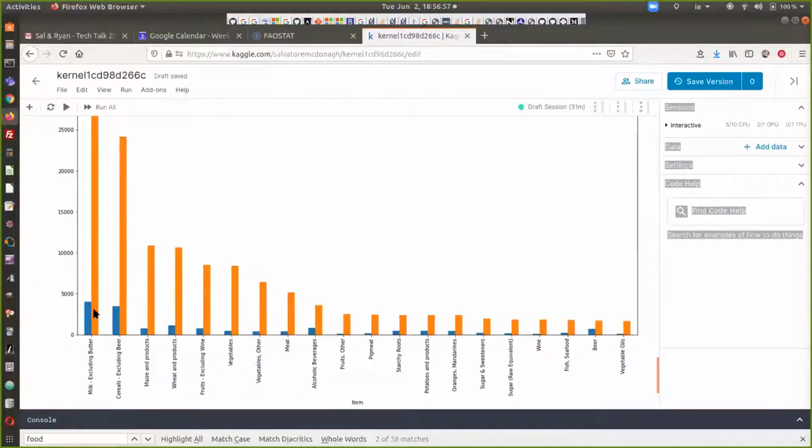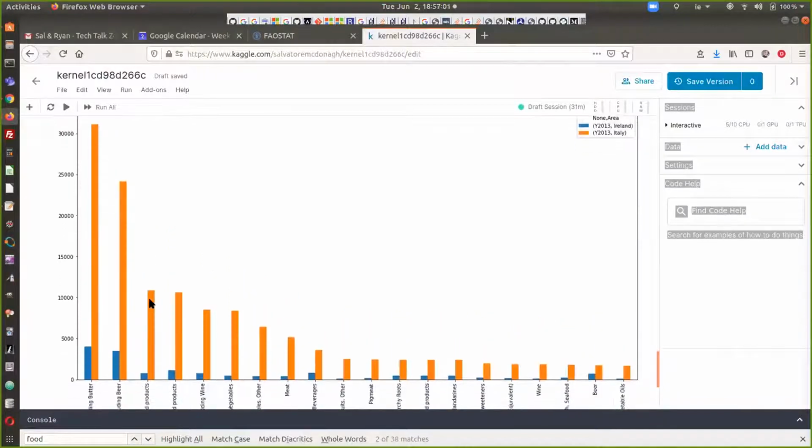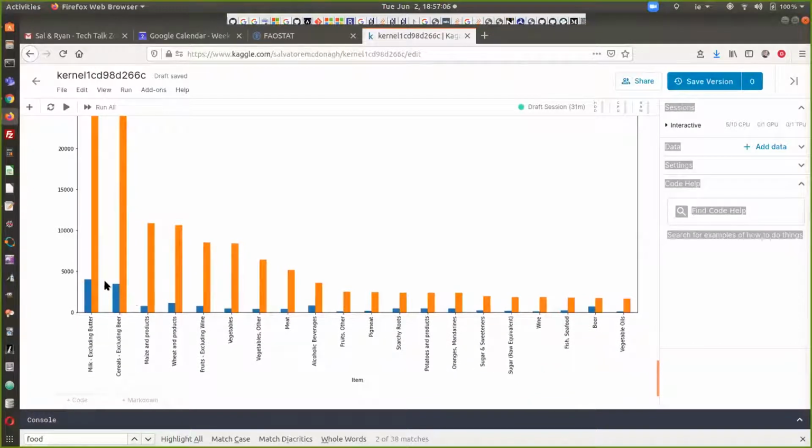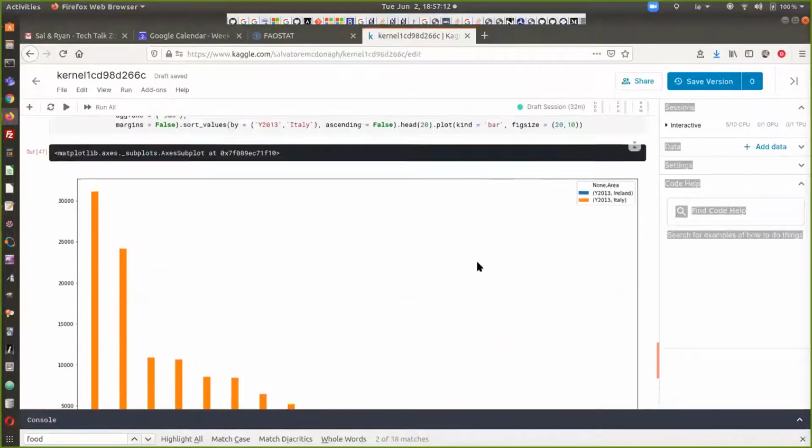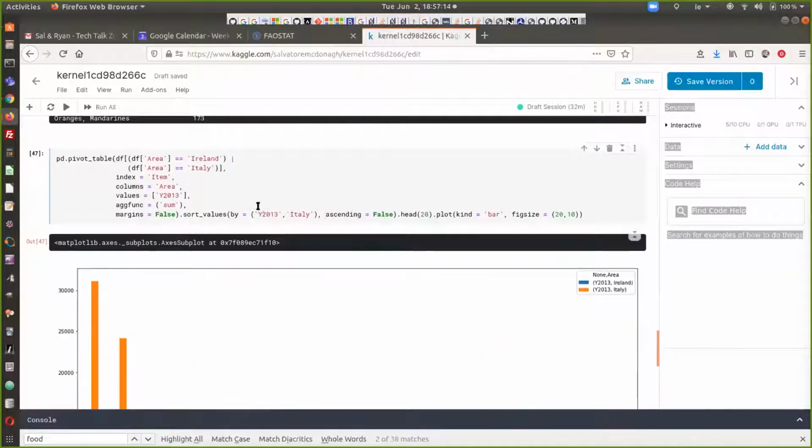For milk and butter. Surprisingly, you'd have maybe thought that Ireland was more top of mind when you think of butter, but Italy exports a lot more. Right. So you can see that with that one pivot table format, we can look at the data in